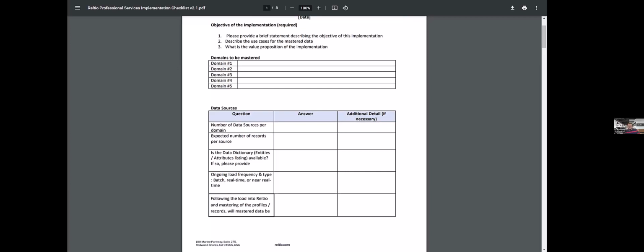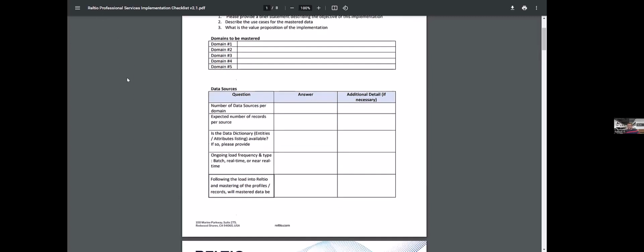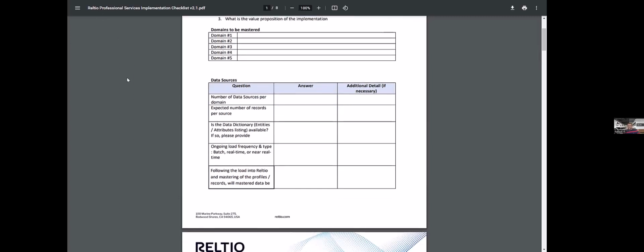Once we have the domains finalized, we then go to the data sources, basically the source systems that we want to sync or integrate with Reltio. Again, when we talk about the source systems, we basically talk about the volume, the number of records we want to bring in. The next thing is the attributes that we want to sync to Reltio.